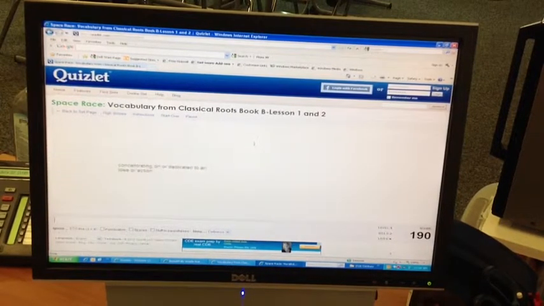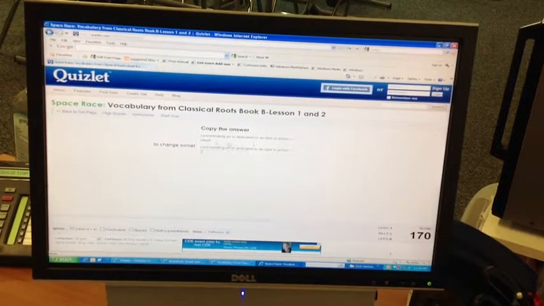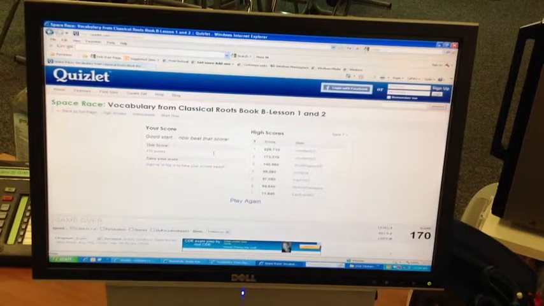Concentrating on or dedicated to an idea or action. I don't know. Focused? I'm wrong. To change something to make it false. To distort? Aha. The answer to the last one was intent. So I'm going to practice typing that in. Game over. 170 points. So I got 2 kills for level 1, and you can play this game again, play again, or go back